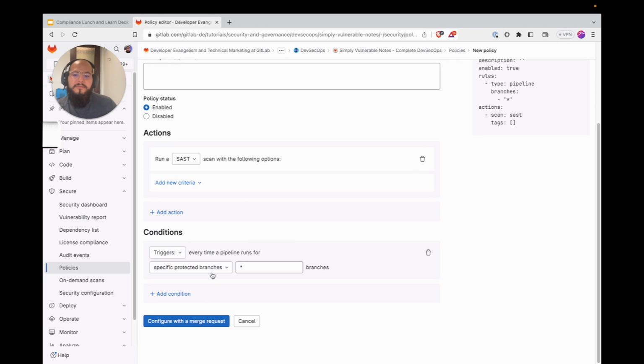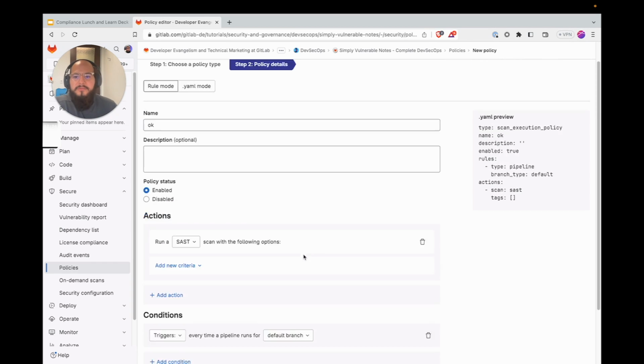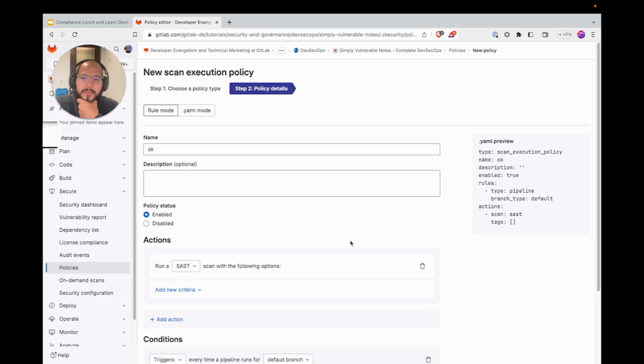So we have it run every day, every hour, whatever it is that we need. Or we can have it based off a trigger, meaning that anytime a pipeline is run on, let's say, the default branch, right, then that means that the SAS scanner will also run regardless of what the GitLab CI YAML definition file is. So these are a few ways to really enable that separation of duties and require outside approval if we detect anything. So that assures compliance in many ways.